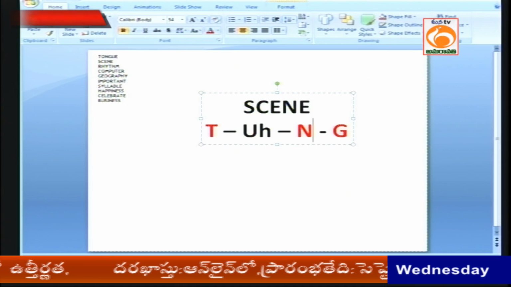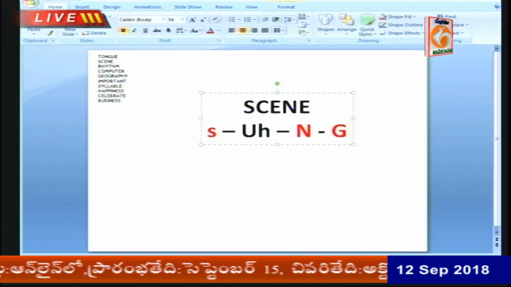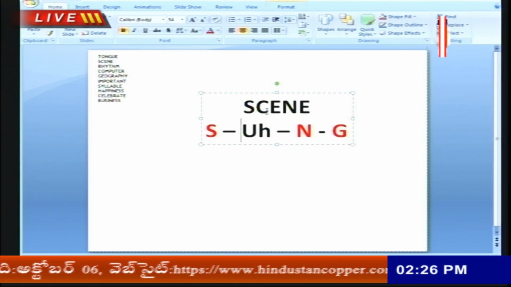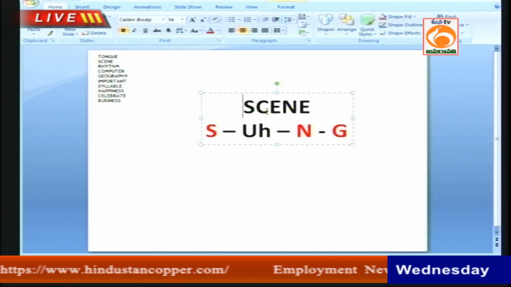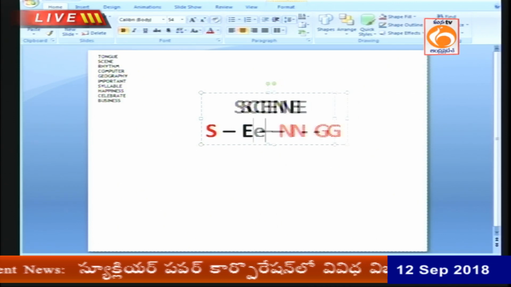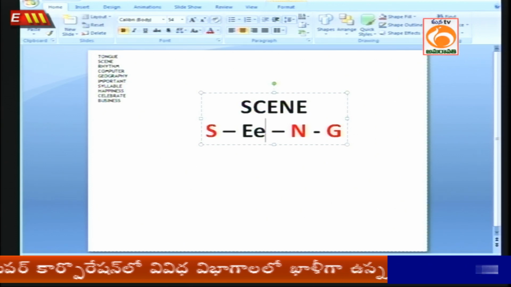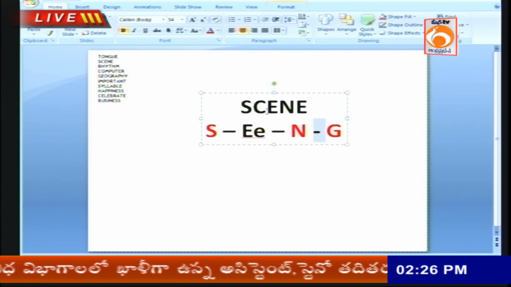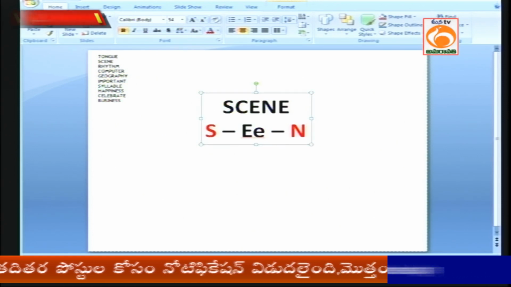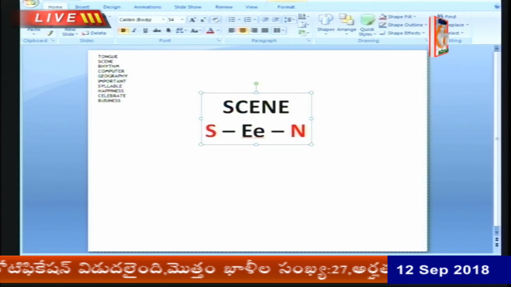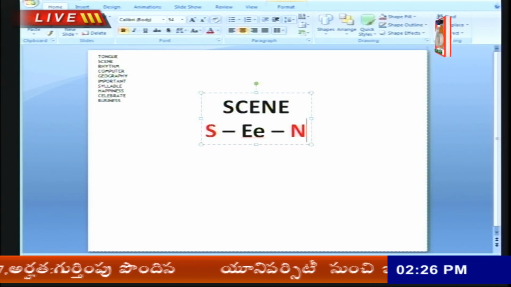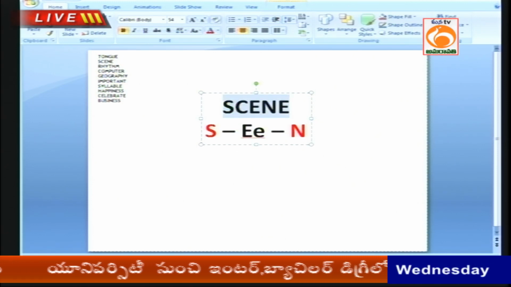The next one is S-C-E-N-E, scene. It starts with the consonant sound S. Now it's scene. Can I say sin? If I pronounce it as sin, it will become a different word, S-I-N. So I need to use the long vowel sound. S, E, N, scene. S-C-E-N-E is different from S-E-E-N, two different words but the same pronunciation. Next word,